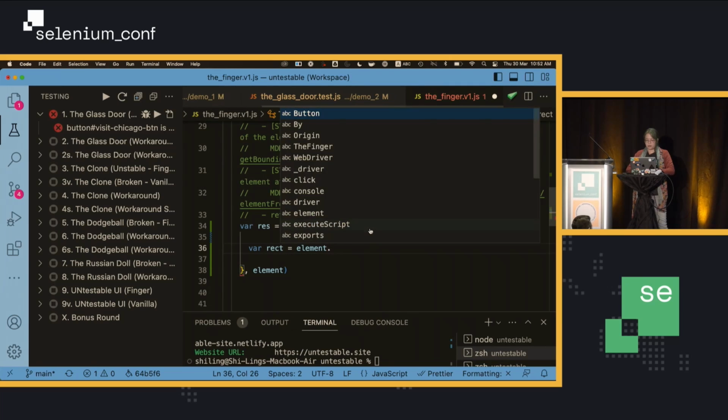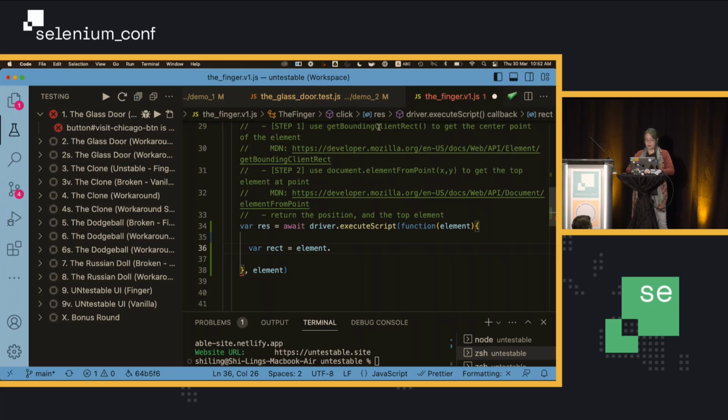So it's very simple. If you want the documentation for the bounding box rectangle, you can click on this link. The Untestable site is open source, so you can actually read the documentation, and if you want to know more, you can check out the Mozilla developer notes on this.